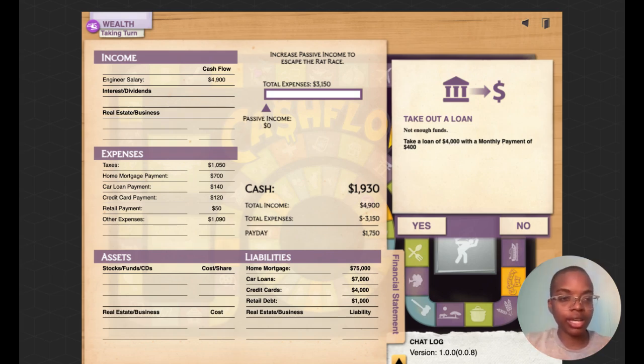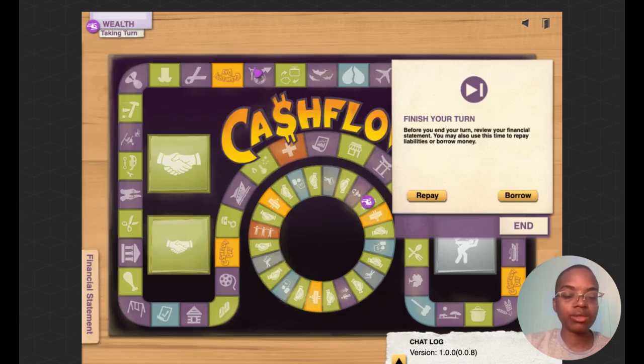Now that we've read this, if this is going to make me $220 a month in cash flow, but then I'm paying $400 a month in loans, is that really a good deal? To me, I'd be paying out an extra $180 a month for this property. So at this time, just because I'd be in a negative cash flow with this, I'm going to say no, but there is a bit of a hack in the game that I'll show maybe at a later time. So I'm going to go ahead and click no for this, and I'm going to pass on this opportunity.